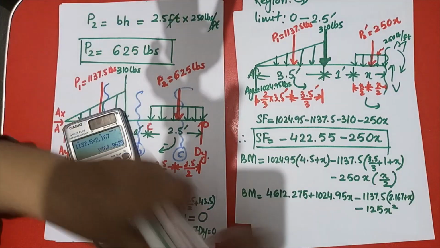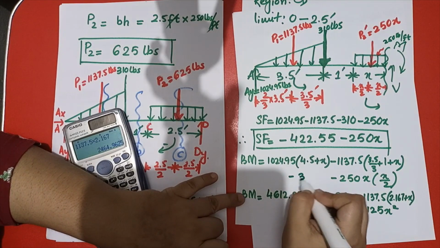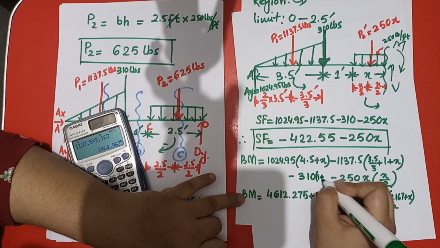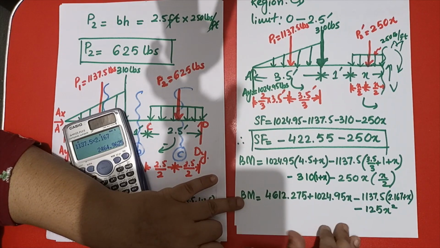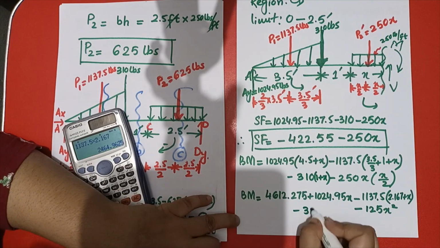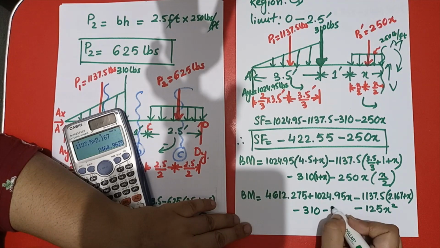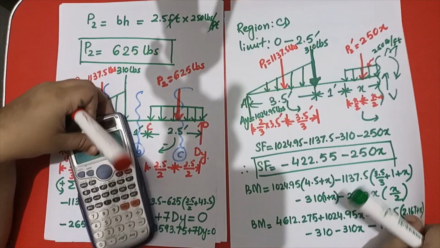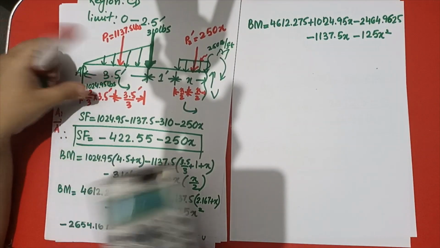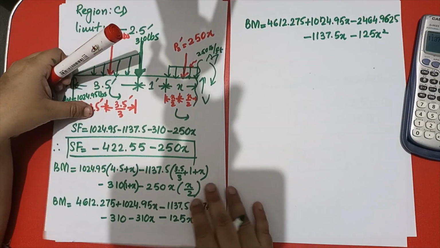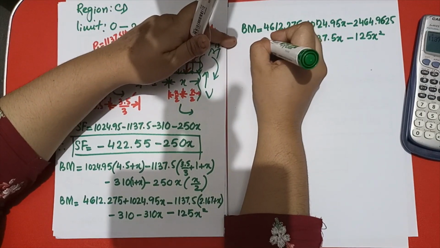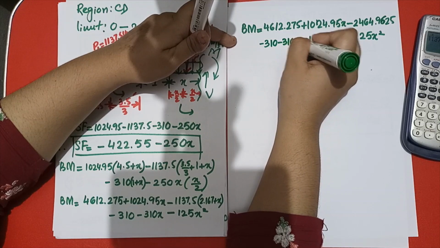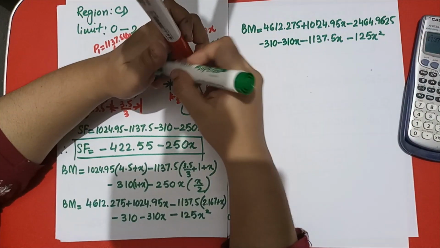So we have to write down the 310 pounds, and it should be multiplied by 1 plus x. So what we have to do, 3 minus 310 minus 310x. So this is a longer equation now, and it can happen with you as well. So minus 310 minus 310x. So how can we solve it out?